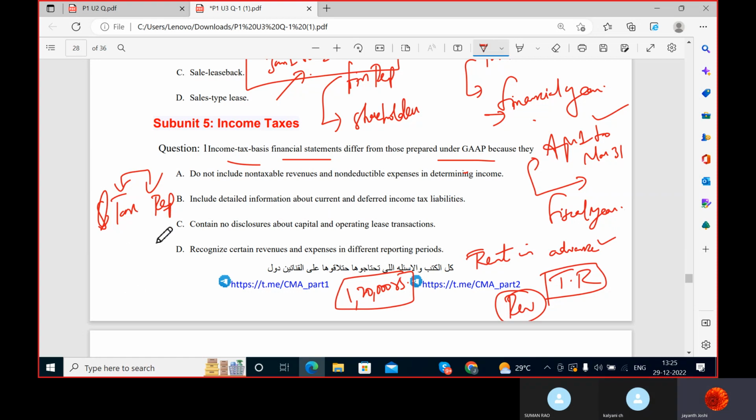But as per the financial reports, do you think this is right? No, sir. It's a liability for you in actuality, because you have not given the rental services yet to your tenant. So when the first month passes, you will recognize 10,000 as revenue and 1,10,000 as outstanding liability. Am I right or wrong? Are you understanding, Suman?